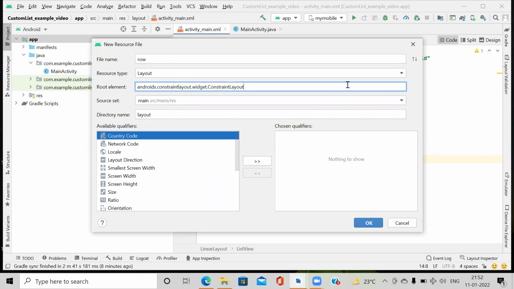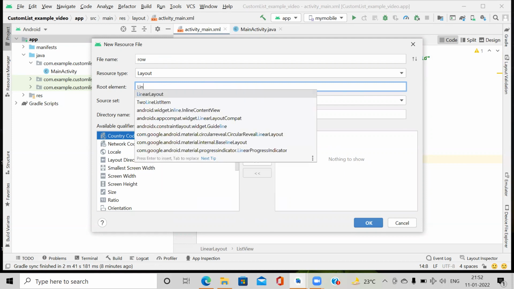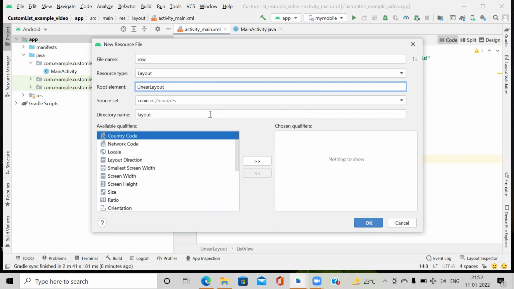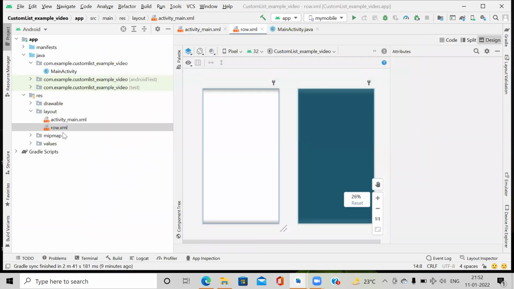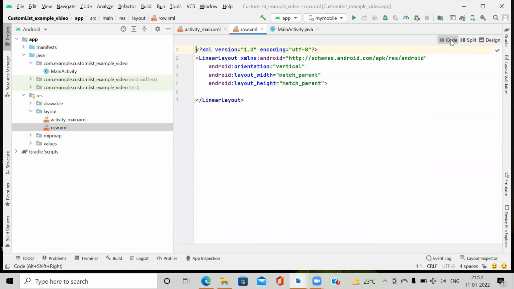Here we want the layout as a linear layout, so I change it to linear layout. All remaining are as they are, and click OK. So here you find the XML file is created. We go through code, and here we can design our page.